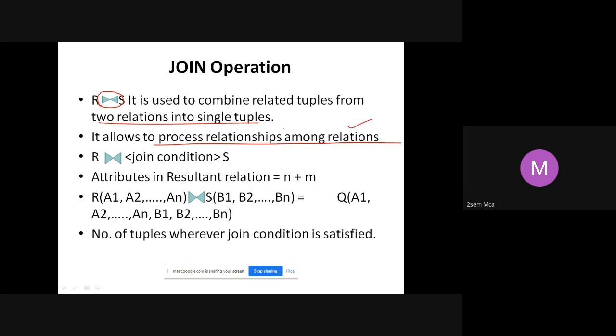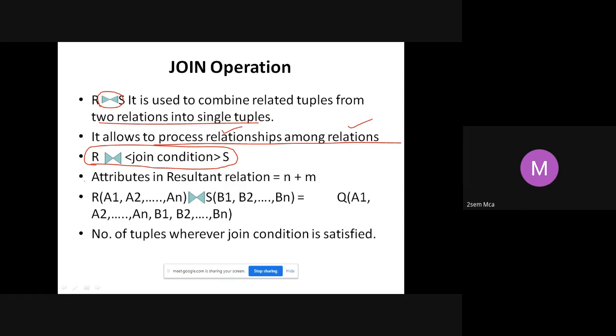Relation means table, relationship means the association between the tables. Now, what is the syntax? This is how you write the join operation. Look at the symbol: R, then the join symbol, then the join condition, then S. Here R and S both are tables or relations.